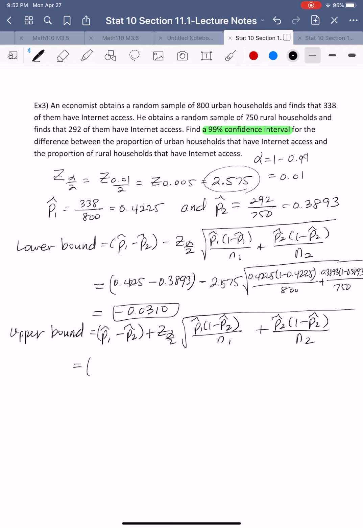So same thing, 0.4225 minus 0.3893, but this time added it, 2.575, square root of 0.4225 times 1 minus 0.4225 over 800 plus